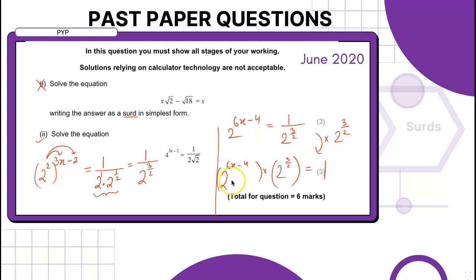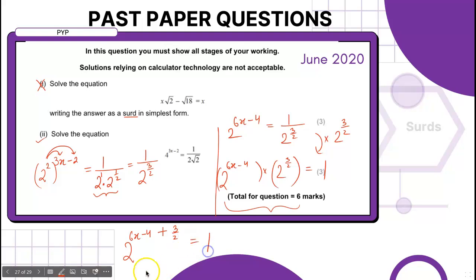Right? So right now what we have is the same base being multiplied. So are we going to be using the product law again over here? That would give us 2 to the power of 6x minus 4 plus 3 halves, that is equal to 1. Okay, over here a very nice method is going to be called 1 is nothing